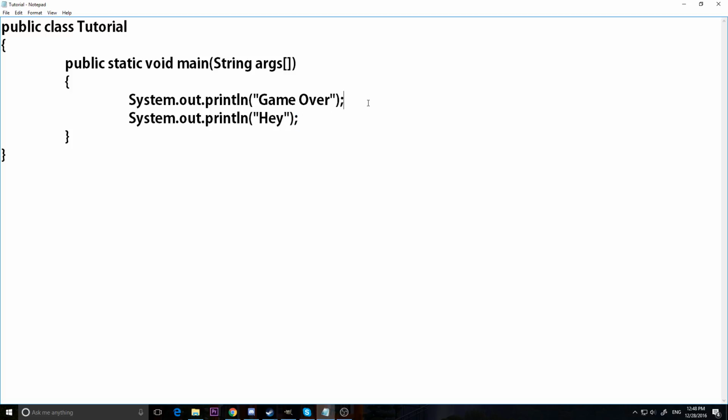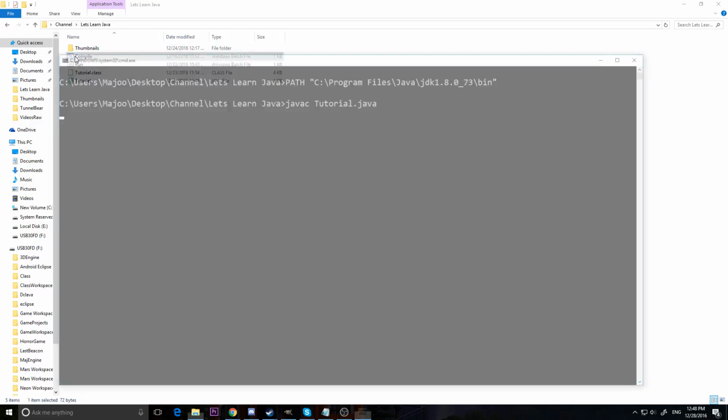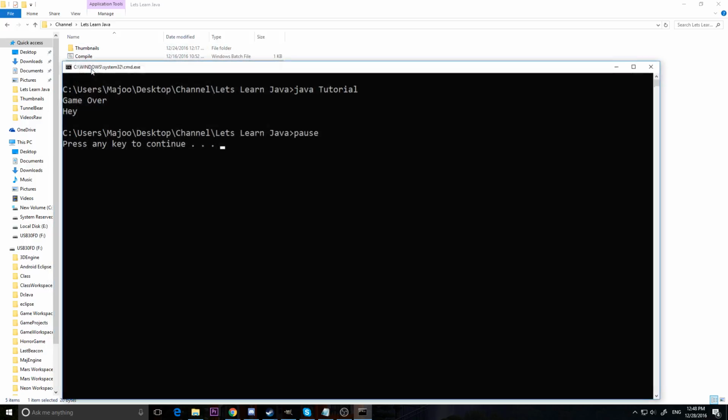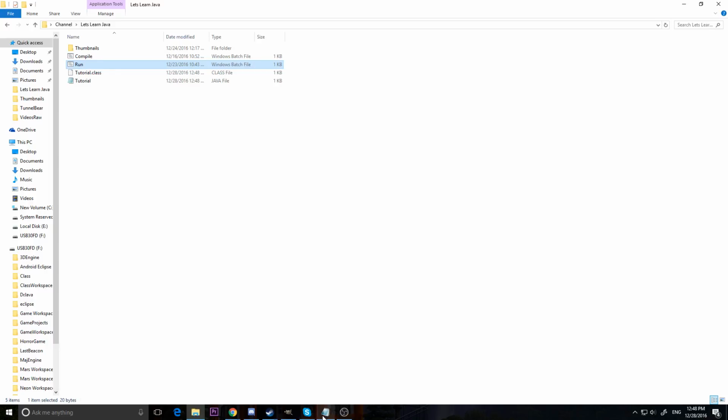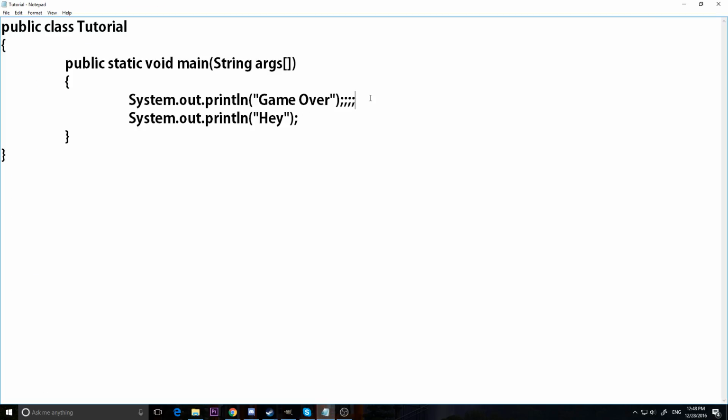That is very important. You can have multiple semicolons after each other. It'll still compile, but each of these are seen as commands that just don't have anything in the command. So if I save this, it compiles fine, and it runs fine, says game over and hey. But yeah, so semicolons are important, and you'll see as we go through the tutorial series where semicolons go and